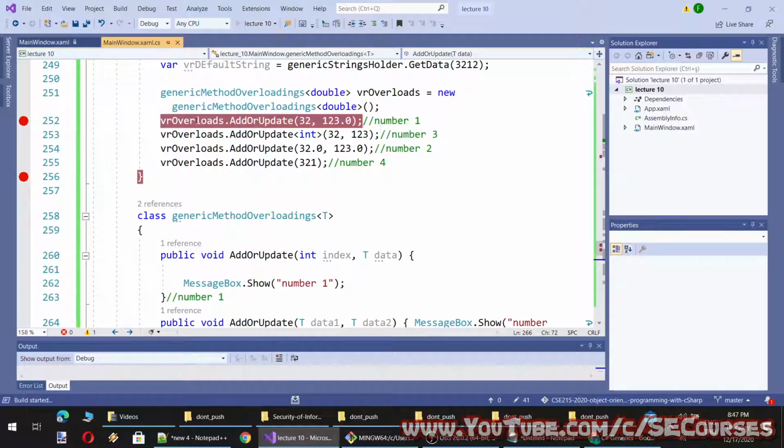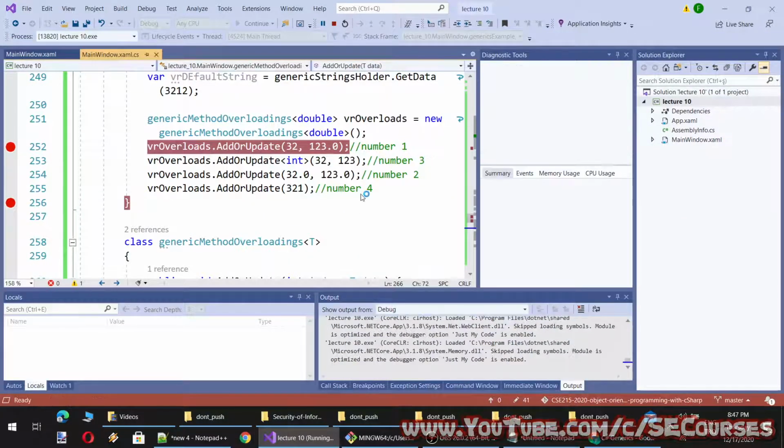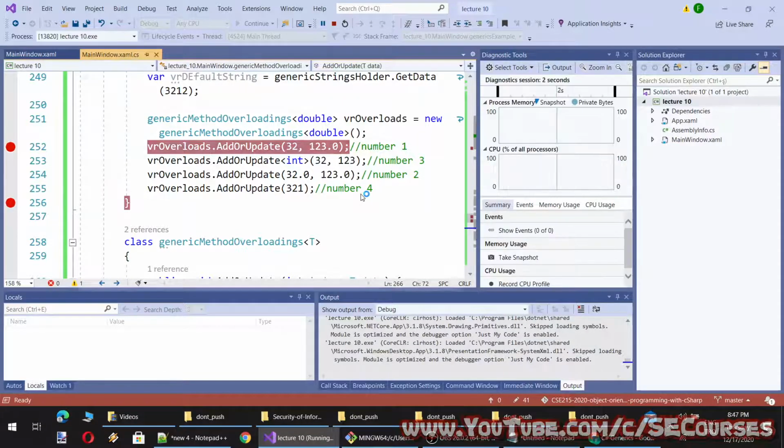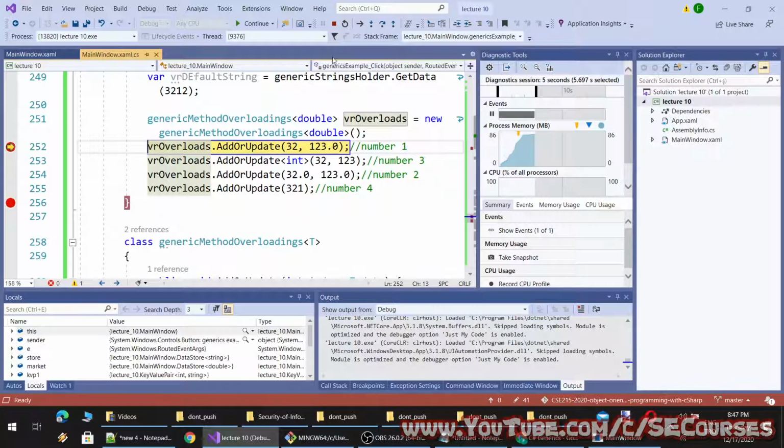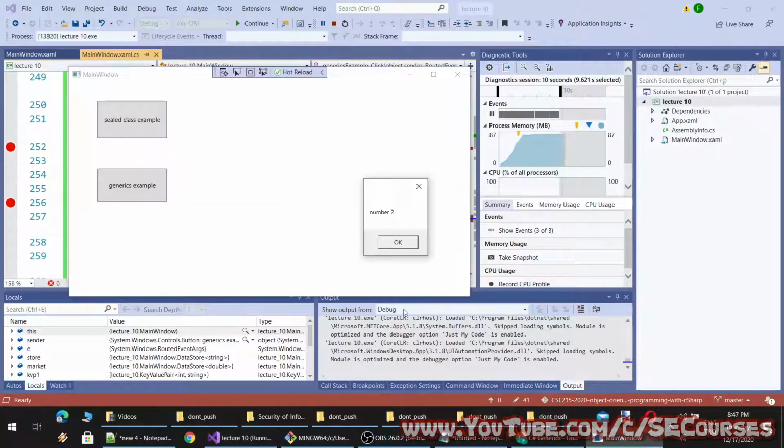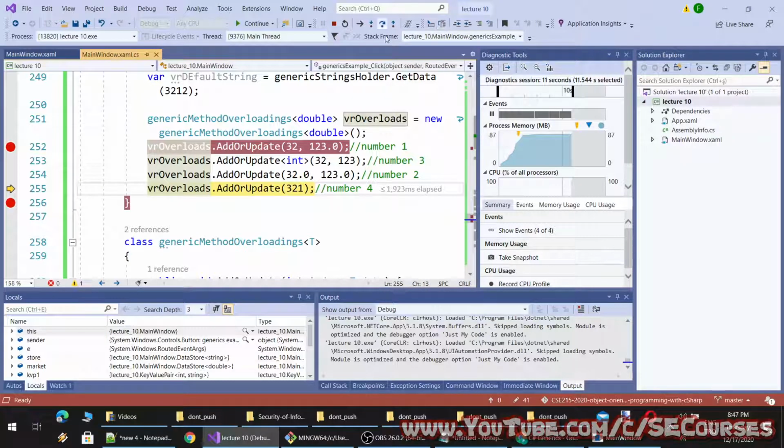So when I execute this line of code, it should show number 1 in the message box. Okay, when I execute, number 1 is executed. Yes, we have correctly guessed it. And this should execute number 3. Number 3 executed. This is number 2, and the last one is number 4.